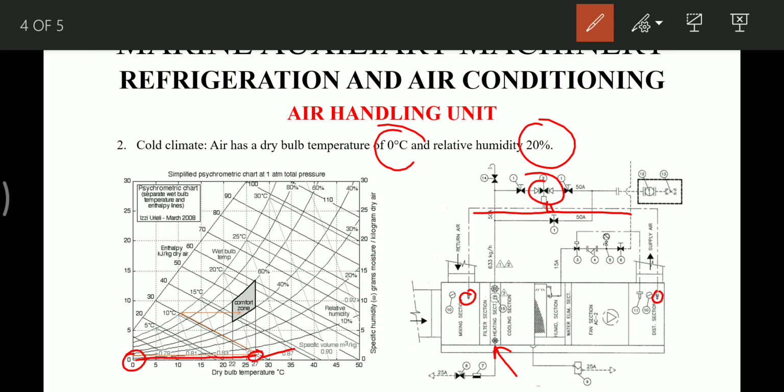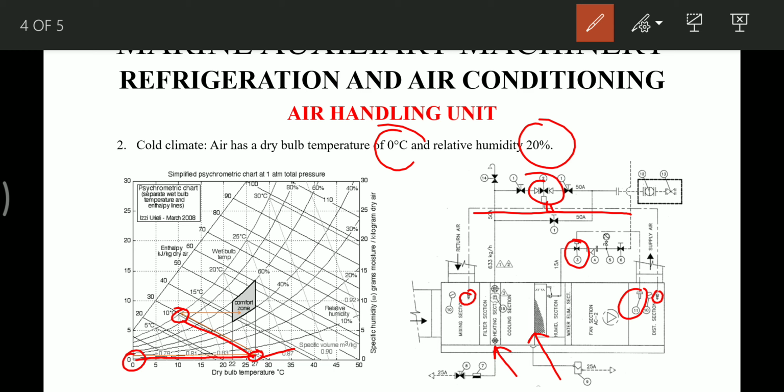So after it has reached this point, we need to humidify. Humidification will reduce its temperature, as well as increase its humidity to 100%. So it will reach this point again, 12 degrees Celsius, from here till here. Humidification takes place in this, and humidity is controlled by this humidifying sensor, which controls the inlet water by operating this valve.